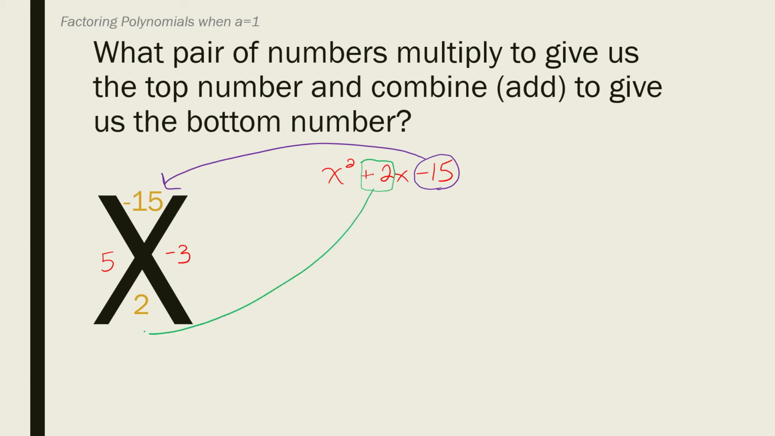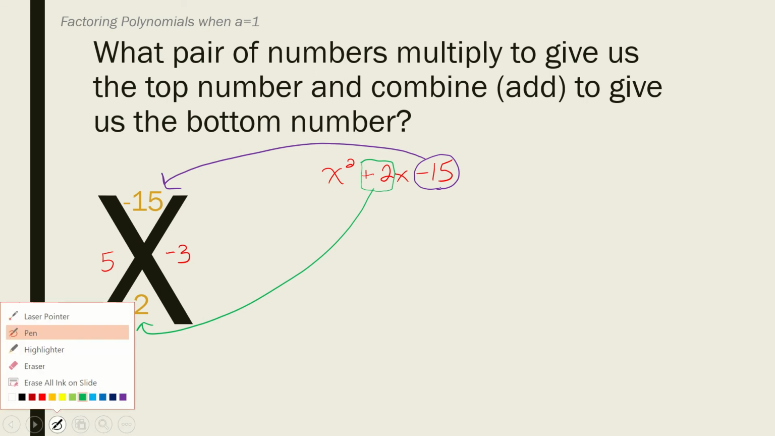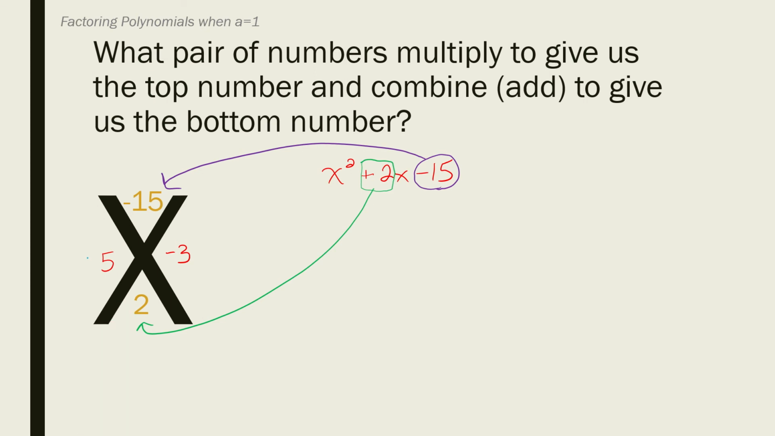So positive 2, the coefficient of your middle term, will go on the bottom of your x. Once you have the x set up, then I want you to follow those directions that are at the top of the page. What pair of numbers multiply to give us the top number and combine to give us the bottom number? Once you come up with those two numbers, you fill them in the x, and that's what you're going to use